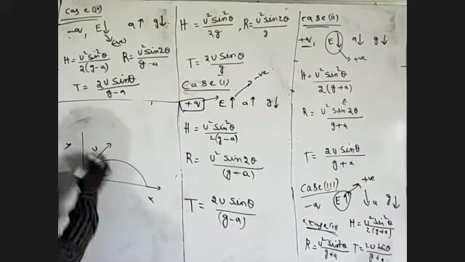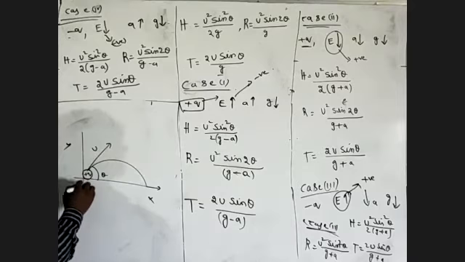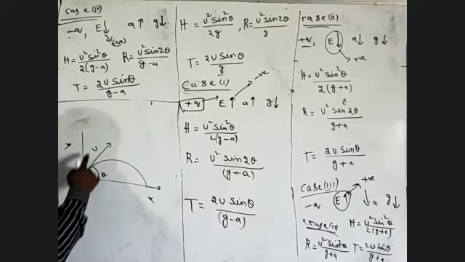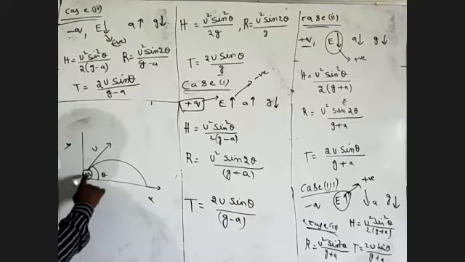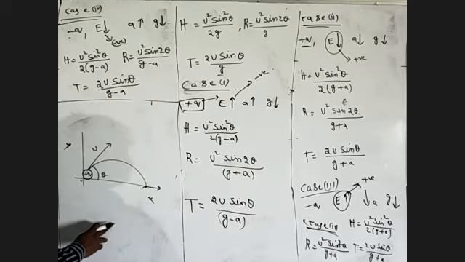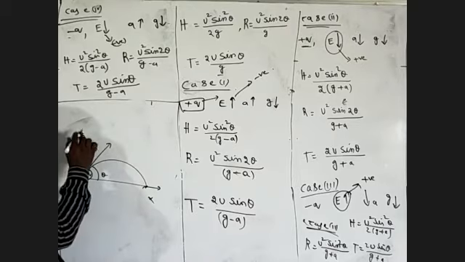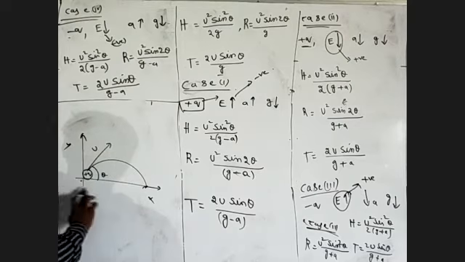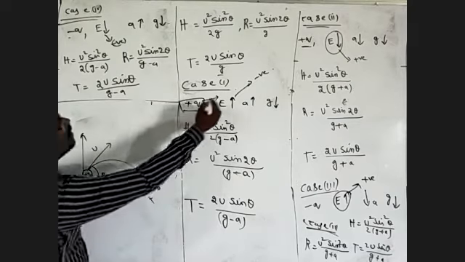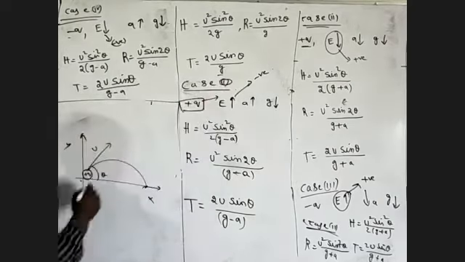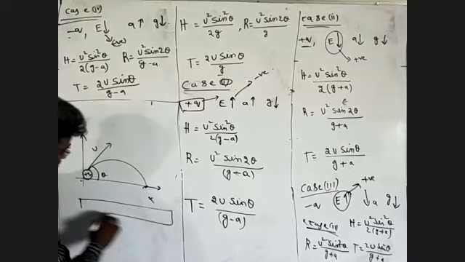This is the x-axis and y-axis. This positive charge is projected with a velocity u, making angle theta, and it strikes at this point. Now I'm taking the first case. Case number one: the electric field is in an upward direction. Now I'm taking this as a plate.